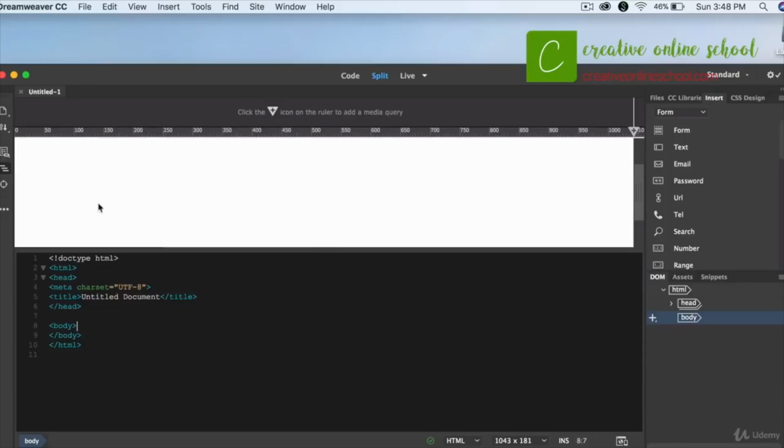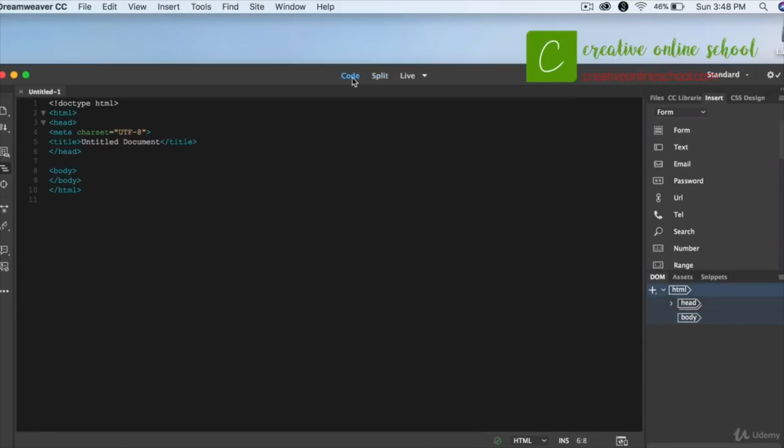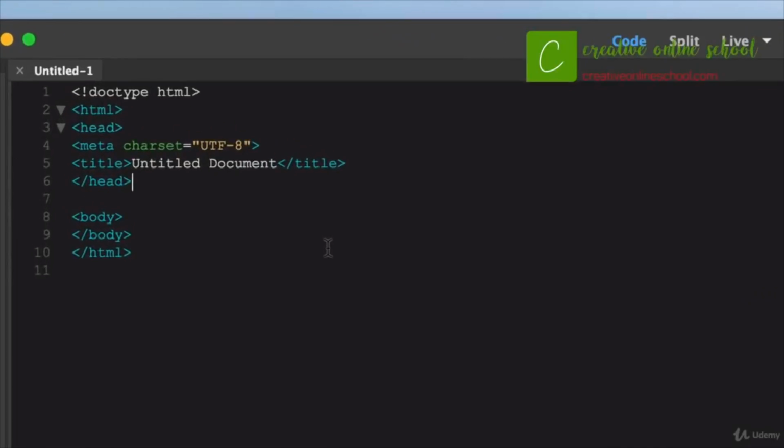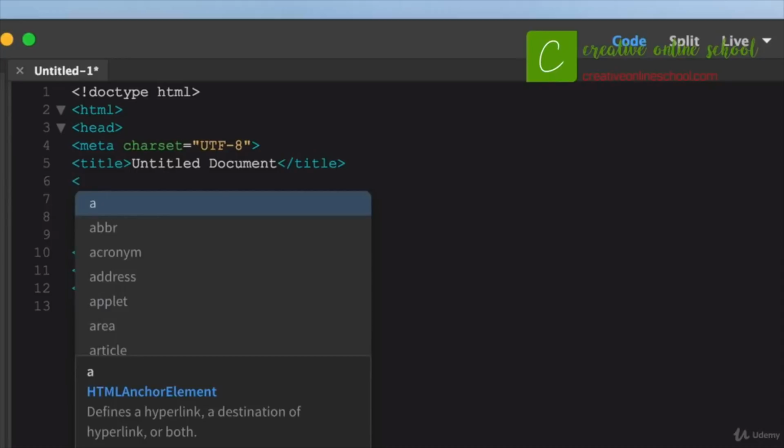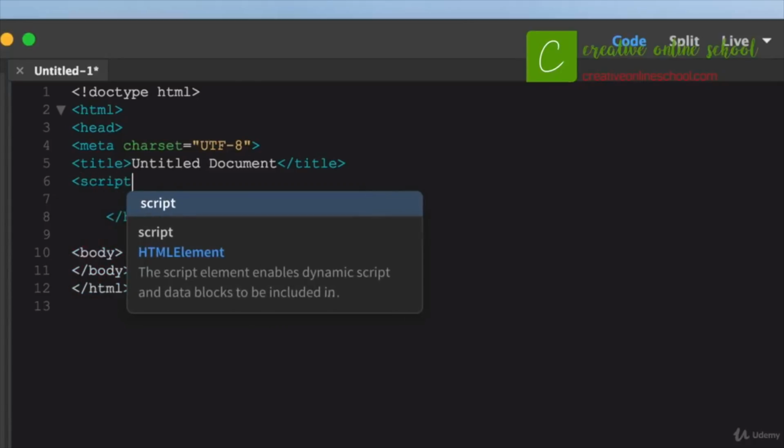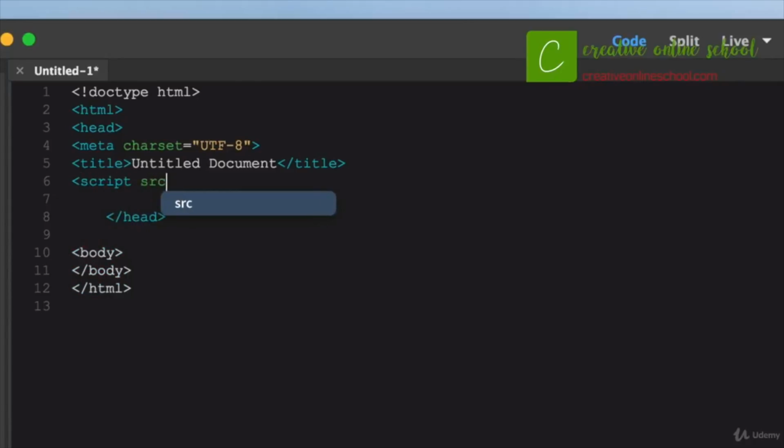Alright, so Dreamweaver shows both split design and code view right here. I'm going to switch just to code view so we can see this. So just like with CSS, what we do is we add the JavaScript, we link to it within the head of our document here. So I'm going to just kind of mouse over a little bit. And before the head closes here, I'm going to add a script tag that's going to pull in my JavaScript file. So I'll say script source equals,